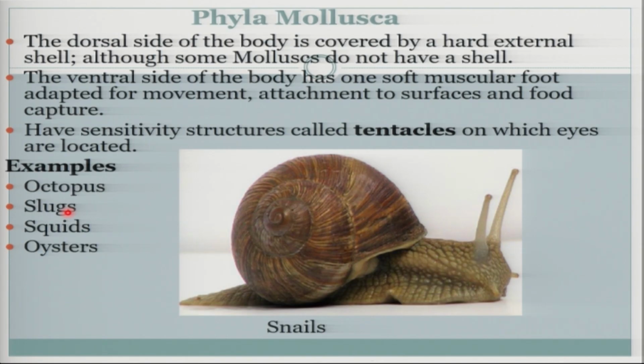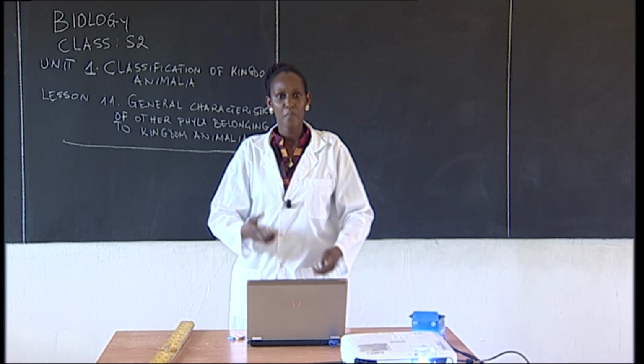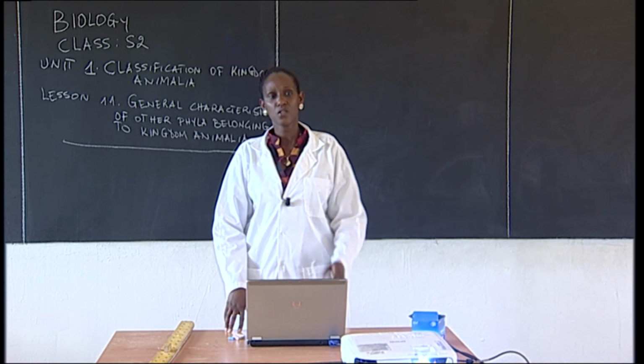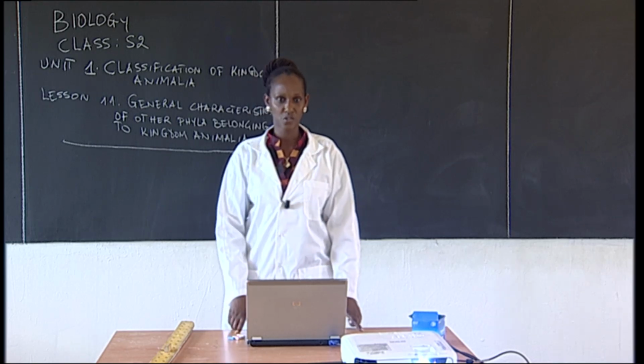So, as I've said, these ones we are discussing today, please, don't mistake things. These ones we are discussing, I emphasize, they are under kingdom animalia, all right? They are under kingdom animalia, but they are lower organisms, of which they go forming their own phylum, all right? So, though we don't go far to discuss them, you need to know them at your level here in senior 2. You need to know their features. You need to know their examples, all right?